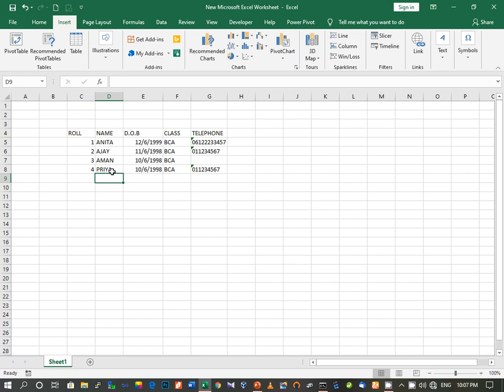To use edit mode, first you select the cell where you want to edit the data. Suppose I want to do editing over here. Then you double click over here. When you double click, you can see that the pointer is blinking inside the cell. So from here you can remove the data, or you can go to the formula bar also. Suppose I selected this Aman, I can go to this formula bar, and whatever changes I want, I can do from here also. So these are the two methods from where you can change the cell contents.